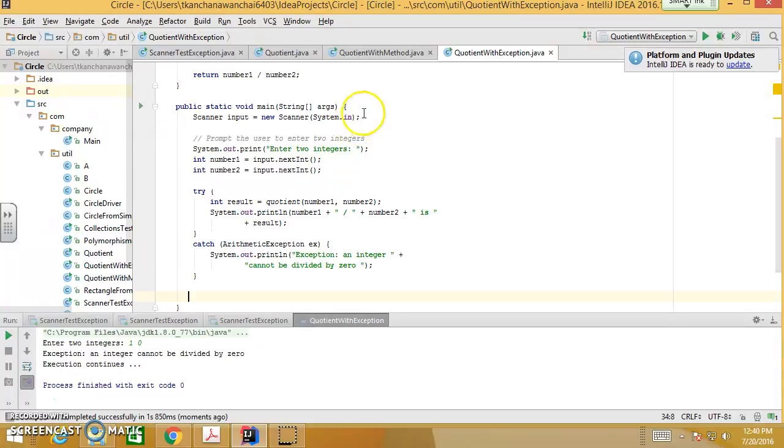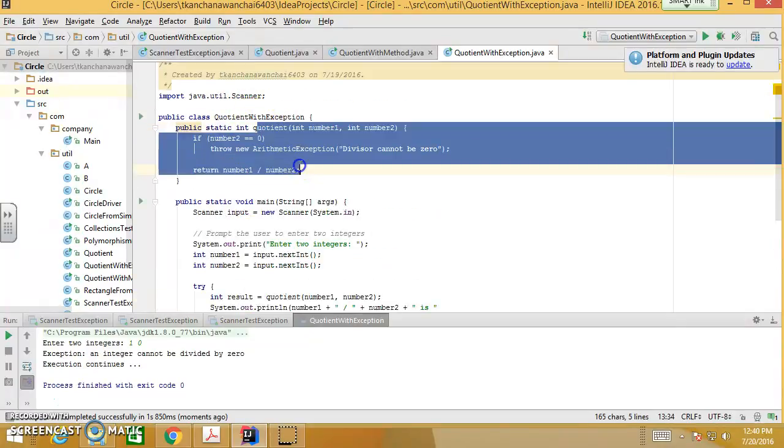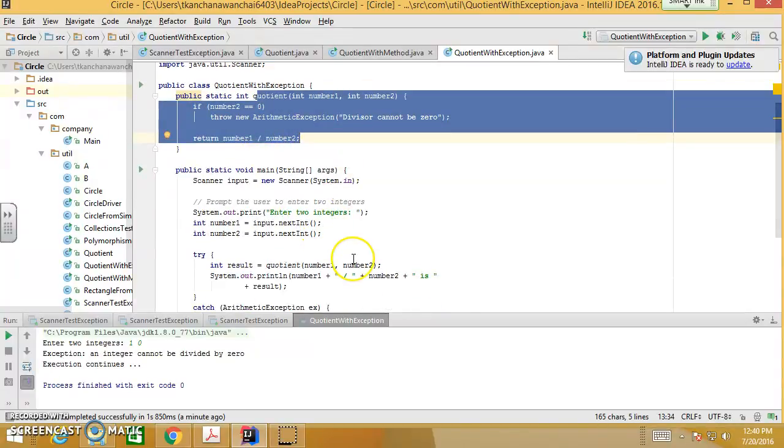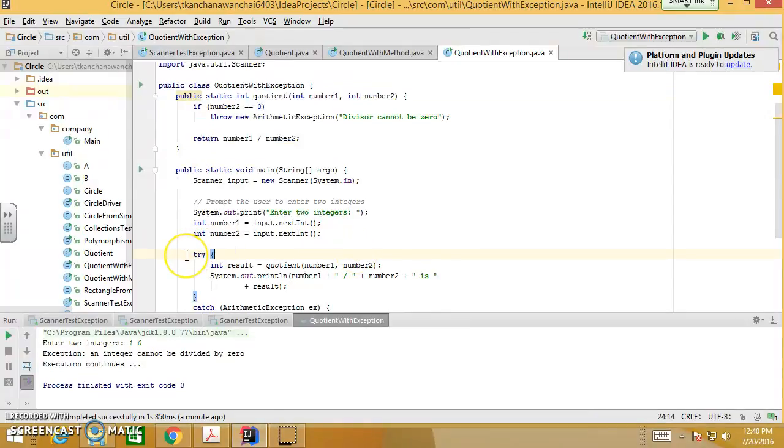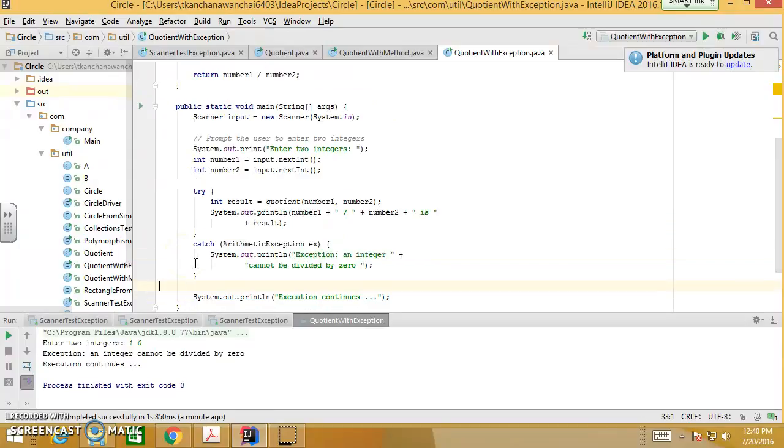So the one who handles is main when you use it. The one who throws is quotient. Quotient should not handle, it should let the main handle it. And let's put a comment back. You see that it's not required. This is called unchecked exceptions. Right? We talk about